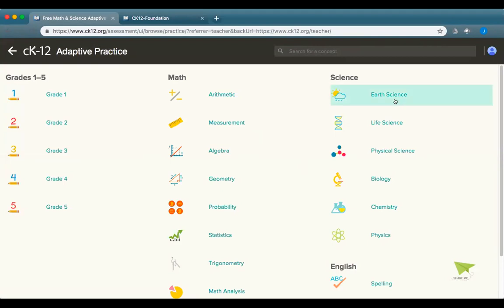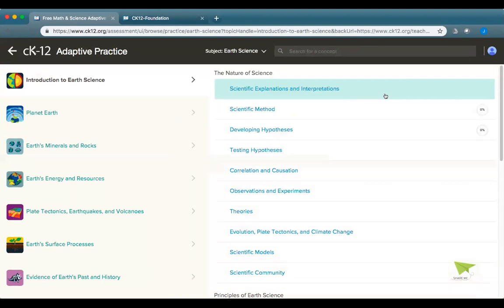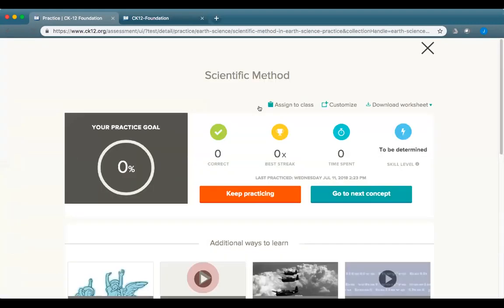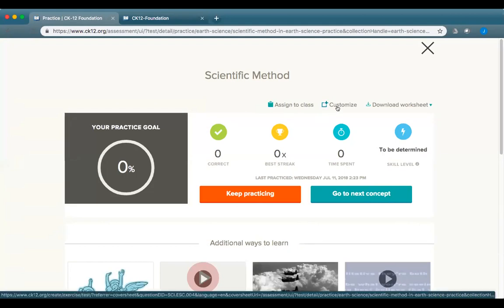So let's say I chose to explore science concepts. So let's say earth science, and then maybe the scientific method. So it looks like I've opened this. I haven't really started it, so I have 0% on there. But if I go into that particular piece, I can click this customize button directly within here, and it will kick me into our quiz option. So that's option number one, is through the practice browse,